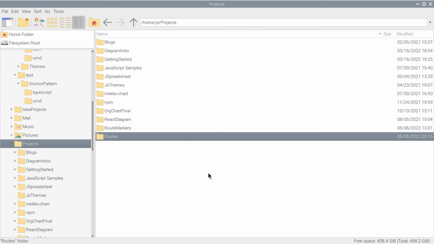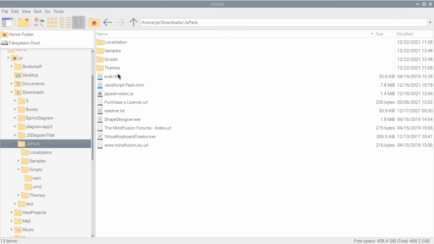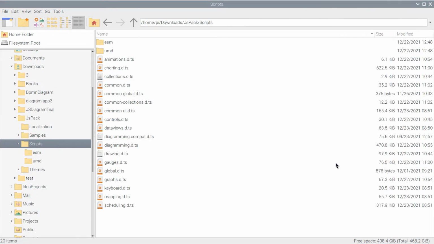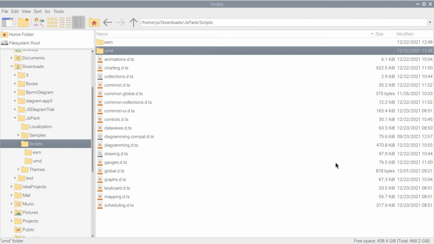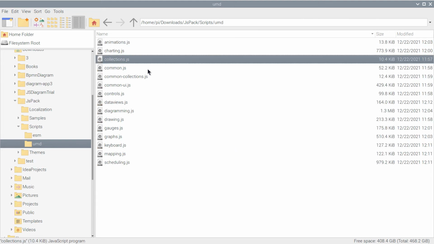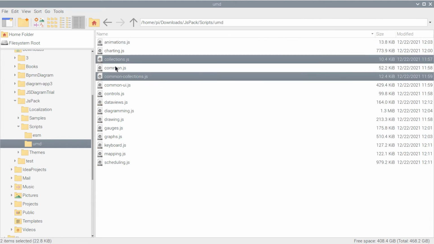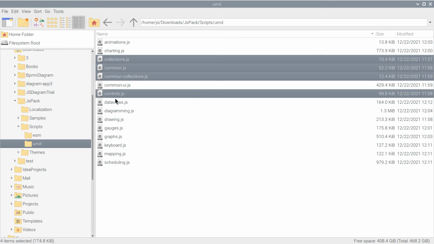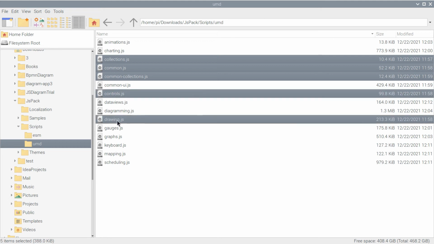We have downloaded the pack for JavaScript and we have extracted the archive. From the files there, we copy 6 JavaScript files that we will use in our mapping project: collections, common collections, controls, drawing, and mapping.